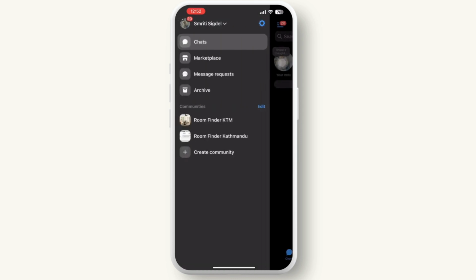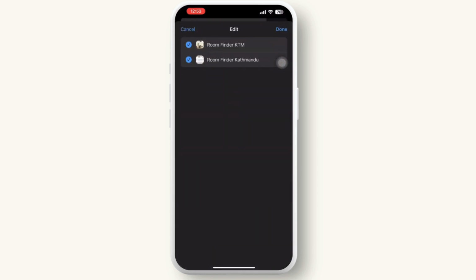Tap on it, then you can see the communities option available there. So these are the communities you are joined in. So you can simply go and tap on the edit option available there. If there are other communities, then you will get to see a long list of communities here, and if you